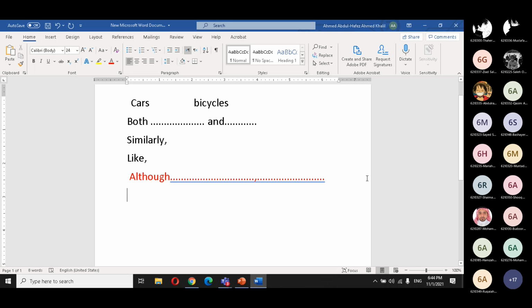We write although with the first sentence and then you put a comma and you write the second sentence. For example, although is used for contrast, whether one thing is contradictory or two things are contradictory. How can one thing be contradictory? For example, if I say although